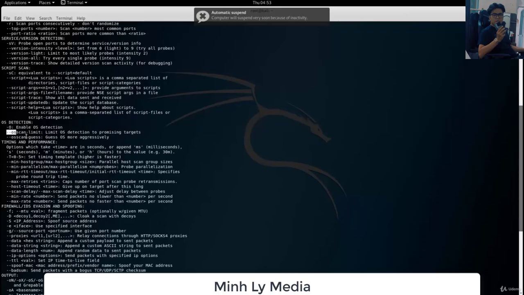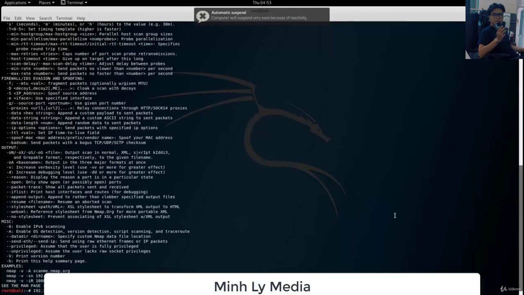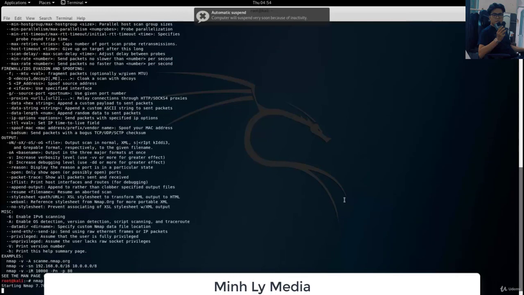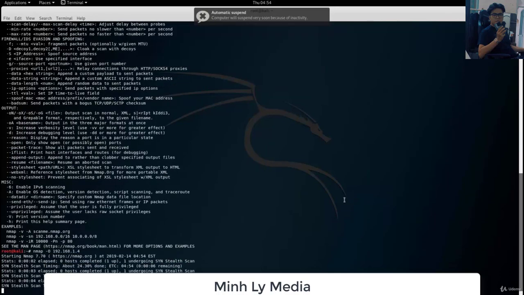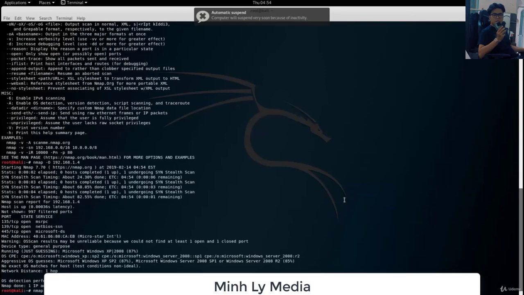Now you can add some of the specific options, as it says right here: --osscan-limit to limit OS detection to promising targets, or --osscan-guess to guess OS more aggressively. So we will just type here the basic command, which is just -O. So here we just type nmap -O and then 192.168.1.4, which is my Windows 10 machine. Now we can press the up arrow in order to see how long it will take, and it should finish any second right now. And we can see right here, these are the open ports, the MAC address right here,